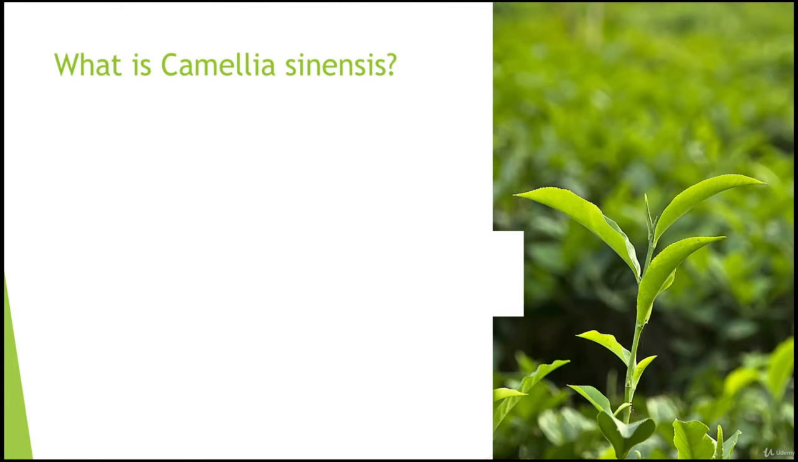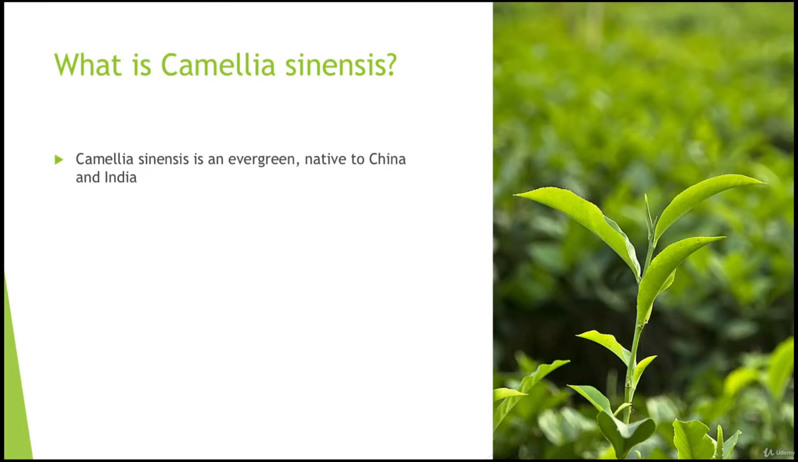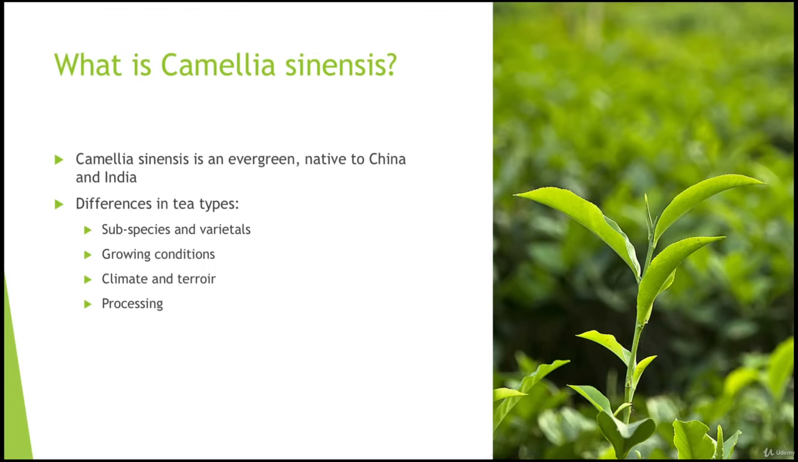So what is Camellia sinensis? Camellia sinensis is an evergreen plant native to China and India. There are many different types of tea, and those teas are developed from a number of different factors. So for one thing, there are many subspecies and varietals of the tea plant, just like there are many different varieties of apples. Furthermore, tea is affected by its growing conditions, such as growing on top of a mountain versus in a lush jungle. Climate and terroir, just like these factors, affect different years of wine depending on how well the grapes grow. Finally, how tea leaves are processed after they are plucked really defines what kind of tea they